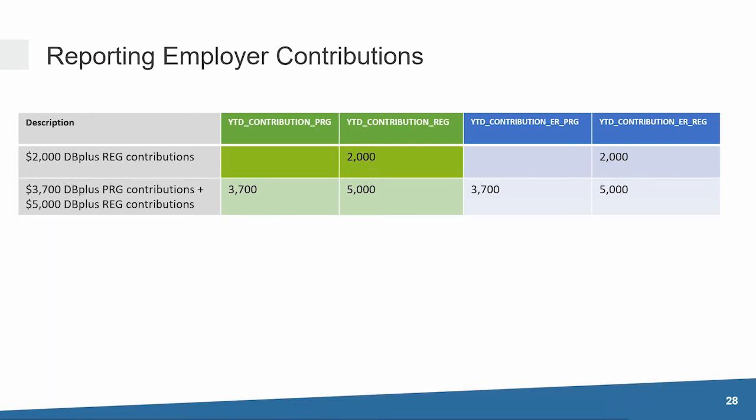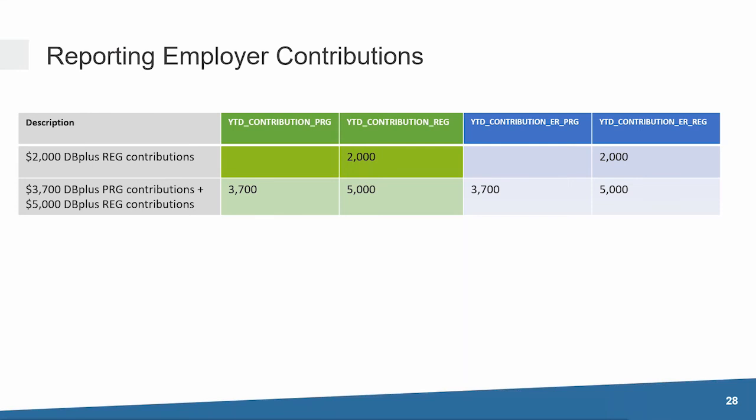The year-to-date and earnings and contributions import file contains separate columns to report the different employee contribution amounts, such as for regular and pregnancy, but it also has columns to report regular and pregnancy employer contribution amounts. Here is a table that reviews a couple of scenarios where certain columns must be used to report contributions. For your convenience, the green columns indicate employee contributions, while the blue columns represent employer contributions.